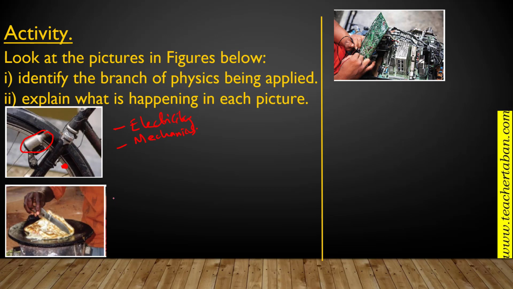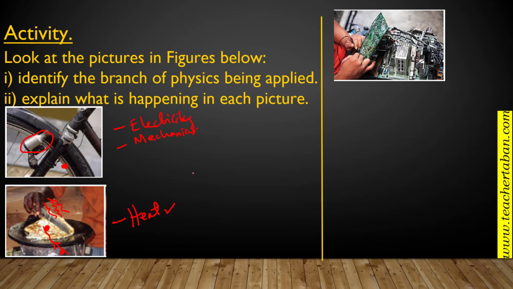Then in picture number 2, of course, someone is frying with the heat. So we have a branch called heat or thermodynamics. In this case, it enables someone to cook food, and in so doing, the person is trying to position his hand in such a way that it is not overheated by radiation. That is now heat transfer. How is this egg or the chapati able to get the heat from the burning charcoal? How is it transmitted? That is under conduction, radiation, convection. We're looking at all those forms of heat transfer. So that is under heat.